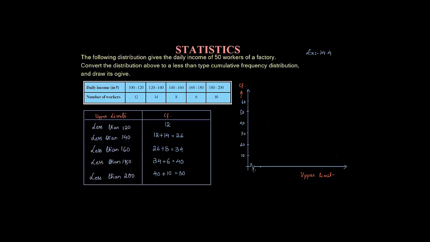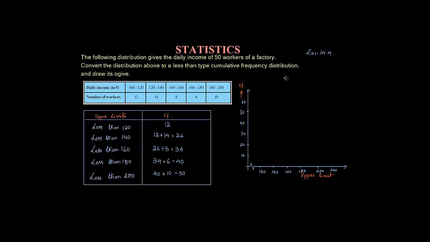It indicates that we are skipping some of the values at the beginning. So 120, then it is 140, then we have 160, 180, 200, 220. It is right here. Fine. So this is how we will write the axis. This is the x-axis where we will be indicating the upper limit. On the y-axis we will be indicating the cumulative frequency.